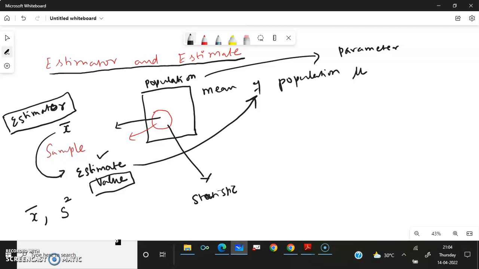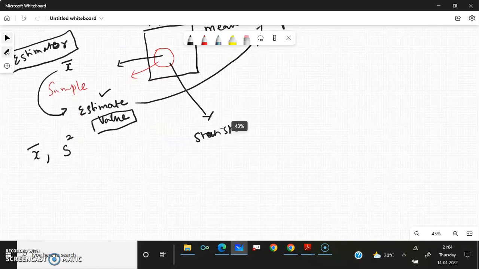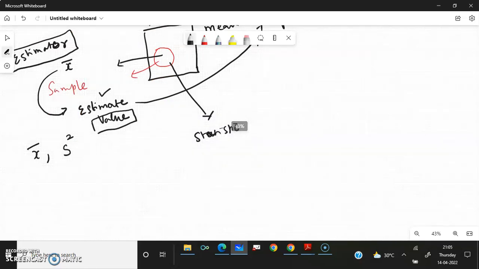We are going to estimate what? The estimate of the parameter, right? We are going to find the value of the parameter, statistically. For example, suppose the parameter lambda of the Poisson distribution. We have studied the Poisson distribution. So, a random variable x is said to follow Poisson distribution whose parameter is lambda.